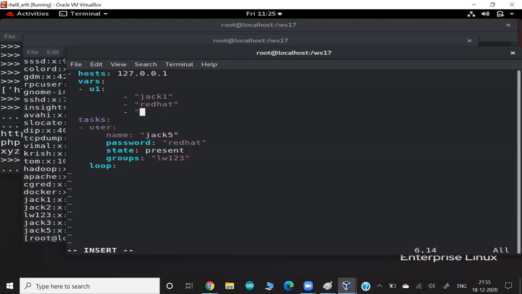And the group name is LW123. So we create this list for user one, and you guys know how to use this. For example, let's say this is Jack5. So this is a variable, it is a list. And you know guys, in this example,